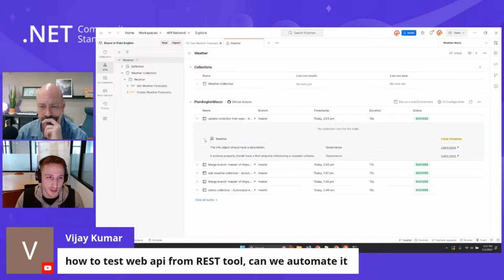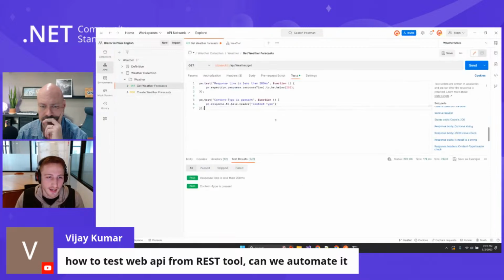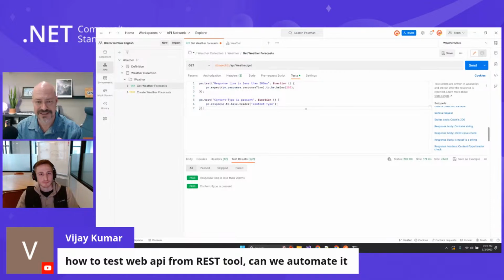linting or governance checks. And so, if I want to run a smoke test, or a schema validation test, or a response time verification, I can run that once my build pipeline kicks off in GitHub Actions. Okay, cool. Yeah, that's definitely something, the GitHub Action integration, something I want to dig more into after seeing